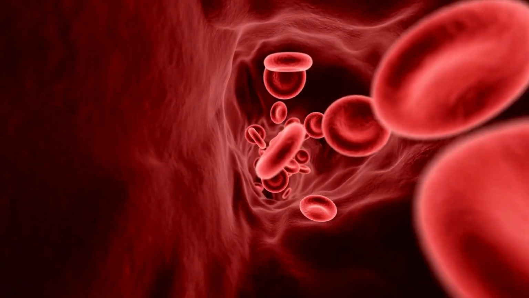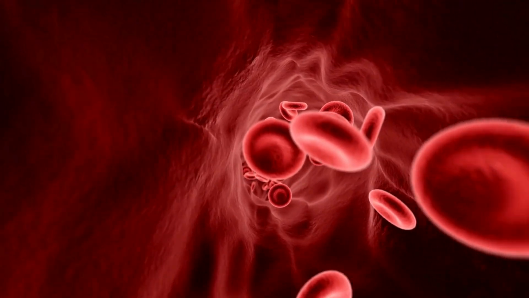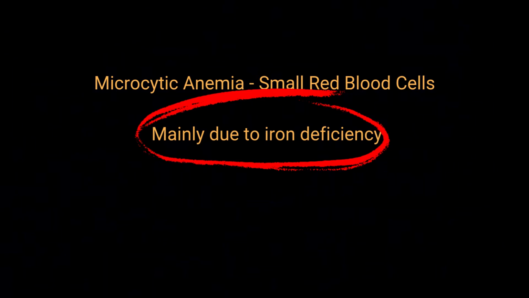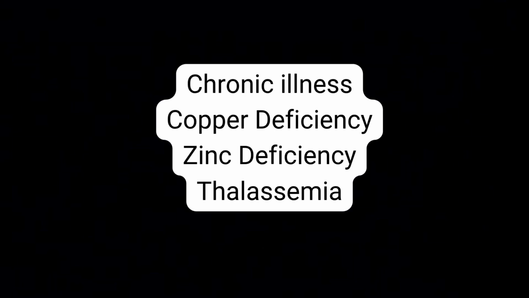It refers to the type of anemia that's characterized by small red blood cells. Blood cells can be measured, and if they're too small, we would say they are microcytic, which is a type of anemia. Now, it's usually due to iron deficiency, but it can also be due to chronic illness or copper